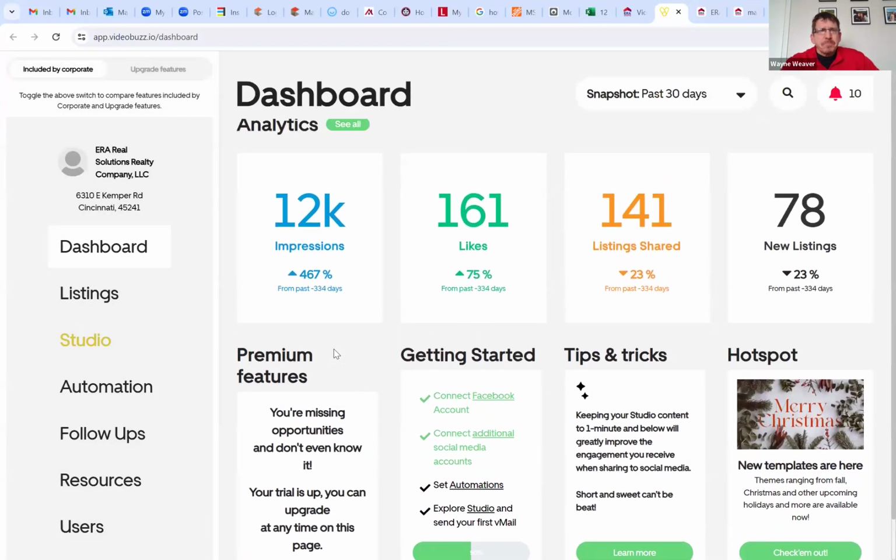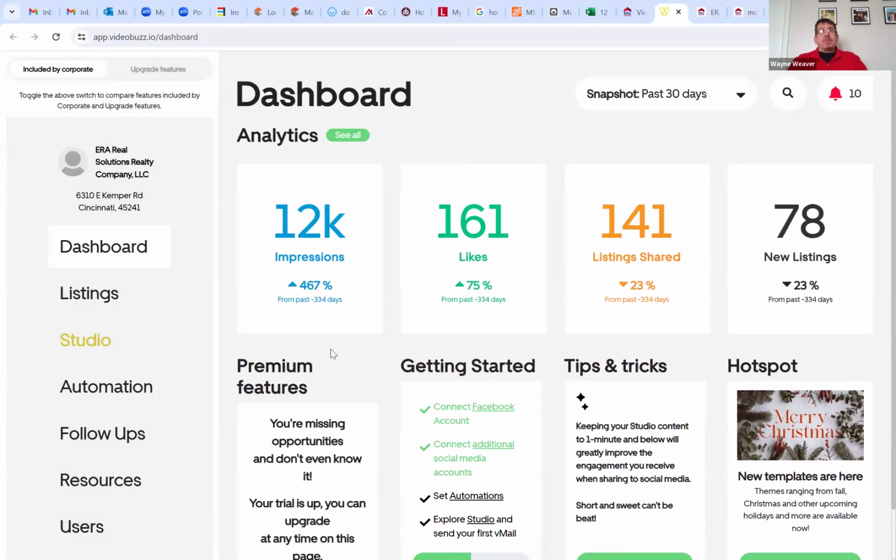X out of that. So of course I have the whole company, so mine looks a little different, or it just has maybe more info, or the numbers are bigger. But I just wanted to click on this because you guys will have a dashboard. You will see how many impressions you've had, how many likes you've had, how many shares. If you click on listings,